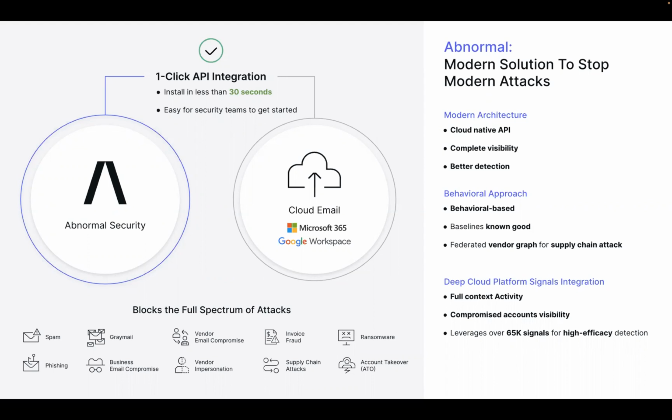The integration literally takes 30 seconds to stand up. It does not require any policies, any additional configuration. Nothing needs to be done on the customer end to make sure that we can then begin our analysis and provide the right level of visibility. What happens at that point is, we're doing behavior analysis. We're understanding normal patterns of communication.